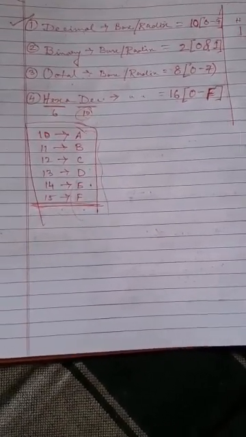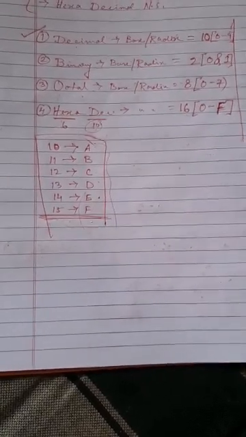Now binary, octal and hexadecimal, what are the uses of these? Where are they used? The binary number system is actually used in digital computing. Basically our computers, actually this is another topic. I do not want to discuss this, but briefly I am telling you about signals. There are two types of signals, analog signal and digital signal. I am not telling anything about the analog signal at this moment. I am telling about the digital signal.